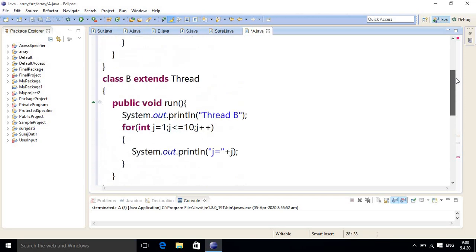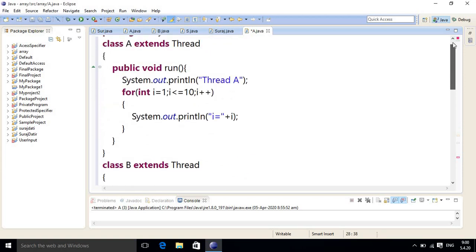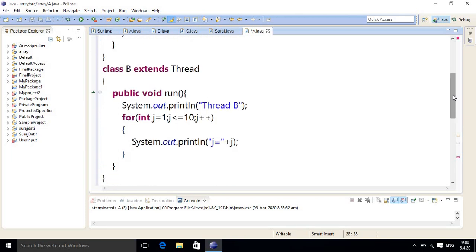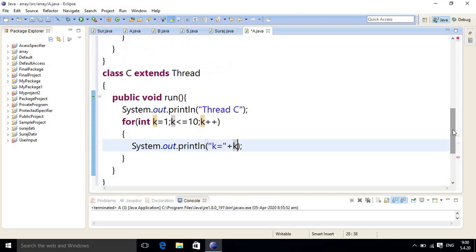So we are just checking each and every thread. This is the first thread showing the value of i from 1 to 10. This is the second thread, and this is the third thread.